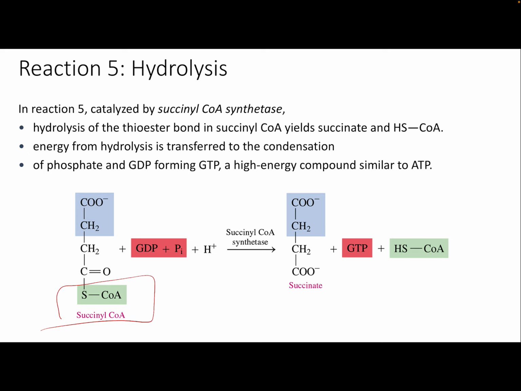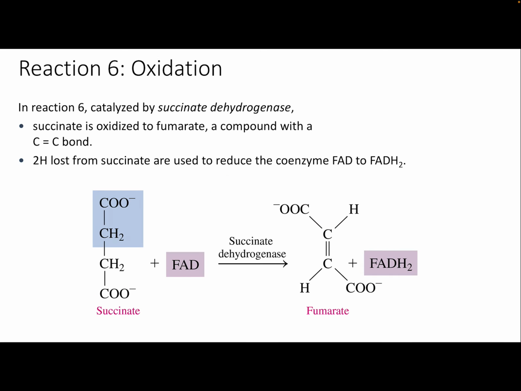That's going to produce enough energy to actually add a phosphate to a GDP, a guanosine diphosphate, and turn that into a GTP, which is essentially the same as an ATP. These are high energy molecules. So that step generates an ATP directly and also gives us a 4-carbon succinate compound,